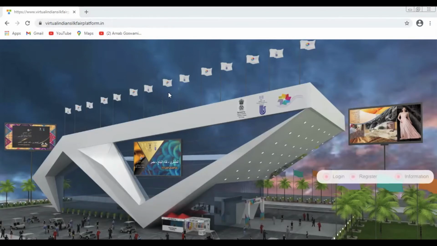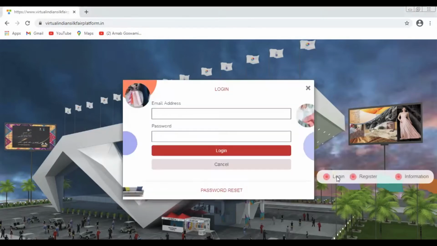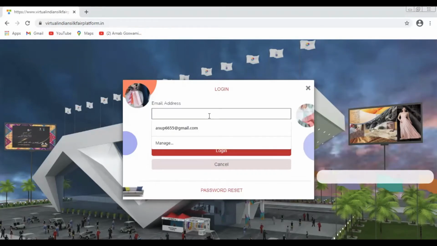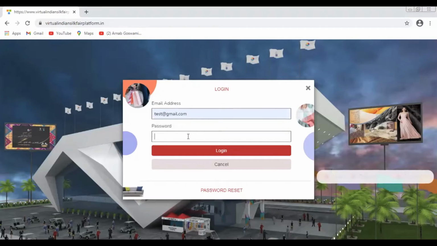Once you press enter, this web page will open. Click on login button, which is flashing on the screen. Type in your login ID and the password that you have received from us. Once you click on login button, our reception page will open.